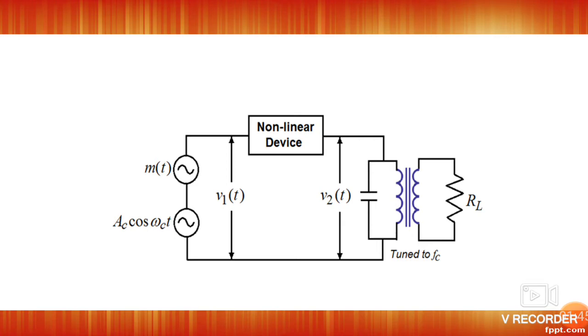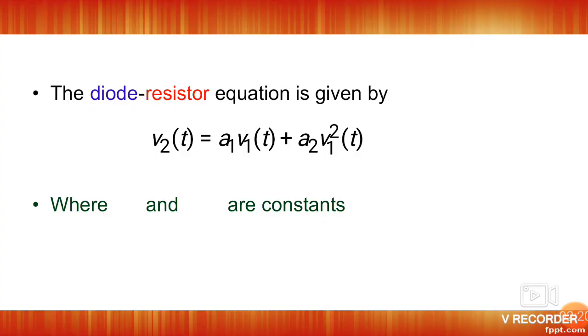So for the non-linear device, mainly we are using semiconductor diodes and transistors here. And the last block, the band pass filter, is used for implementing a single or double tuned filter circuit. If a nonlinear element such as a diode is suitably biased and operates in a restricted portion of its characteristics, then the characteristics of the diode can be represented by a law which is called the square law.